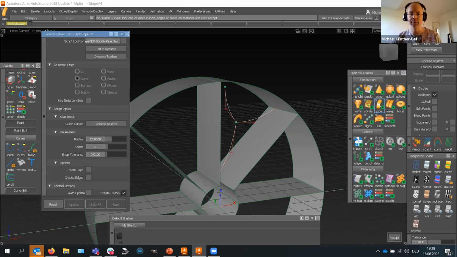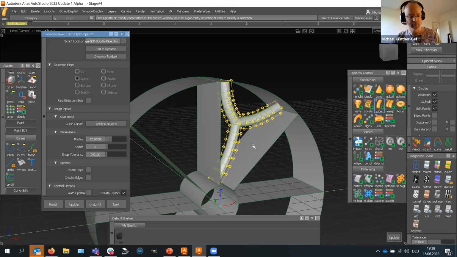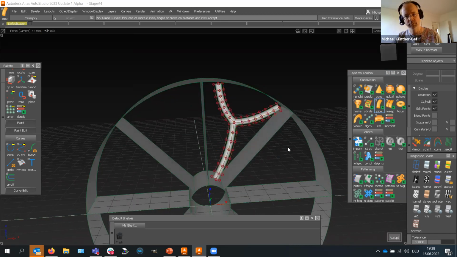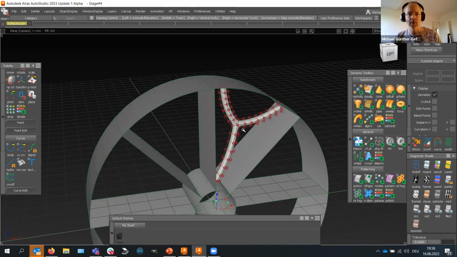So I'm using this Dynamo Player 2 to create pipes out of this, right? These pipes are a little bit too thick. I like them to be thinner. So let's make them like, I don't know, 15. Yep, like this one more. And now I'm going to